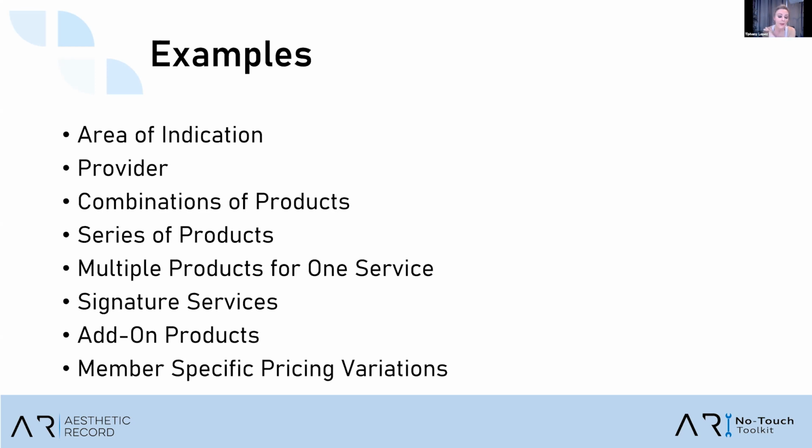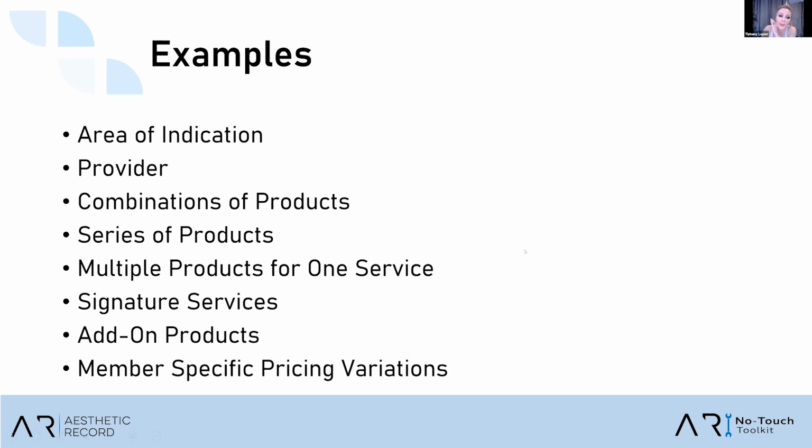So if you do Dysport and a Juvederm, or whatever combinations are, or if you're doing things like an Aspire promo and you want to have them all grouped together and then keep them together indefinitely, great choice. Series, we'll talk about how to put things in the wallet if you're doing a series. And then we'll talk about things like multiple different random things into one treatment or one service. And then we'll have a few signature services, some add-on products,